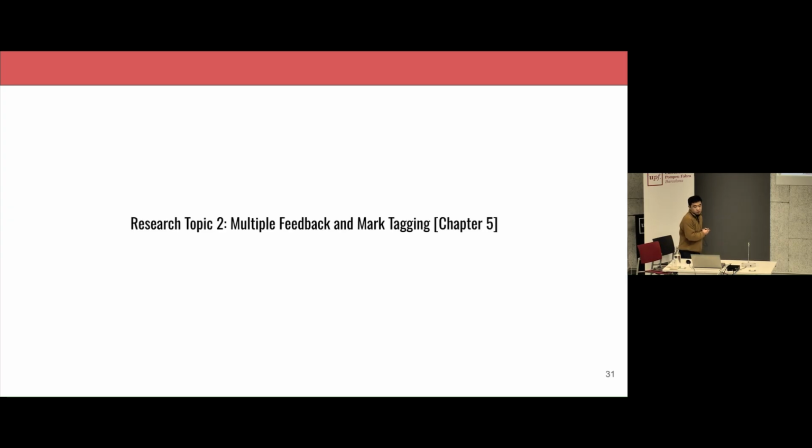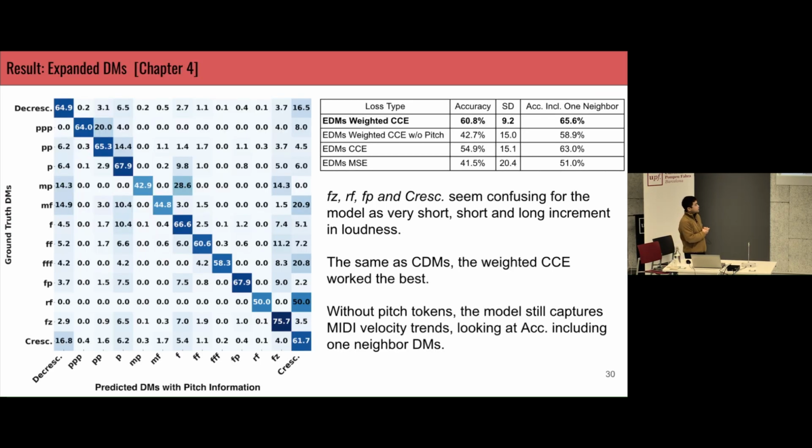As a summary of the dynamics markings detection, this is the first research on creating a model to map MIDI velocity, aggregated MIDI velocity, to dynamics markings by masked language model methods. For dataset collection, I combined 3 datasets and created a token dictionary for this task. And I explored model configurations and developed a model to detect the transition of the dynamics markings.